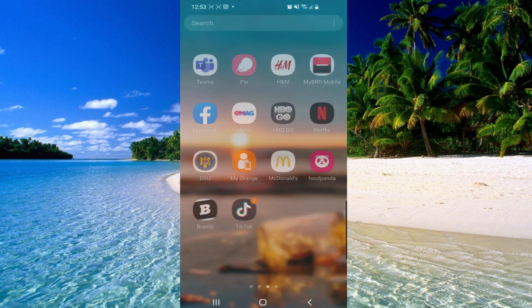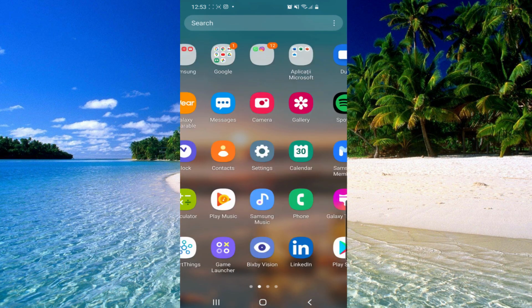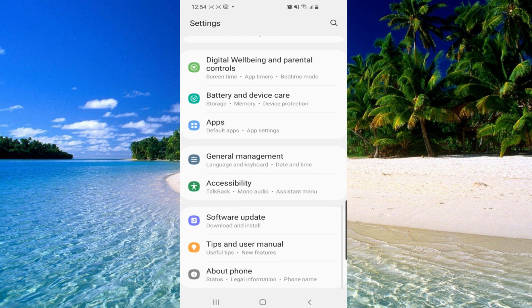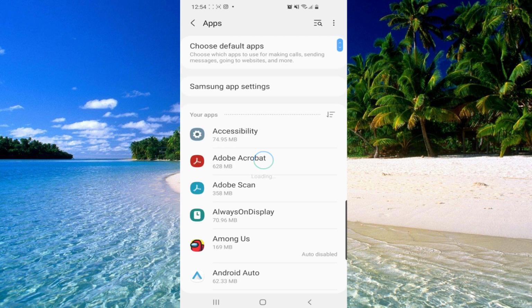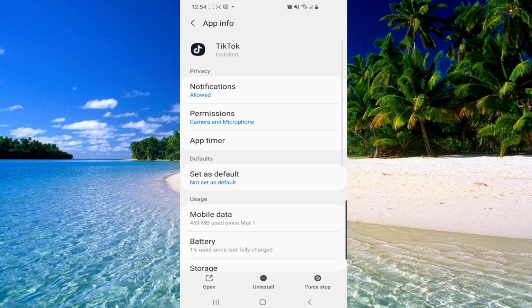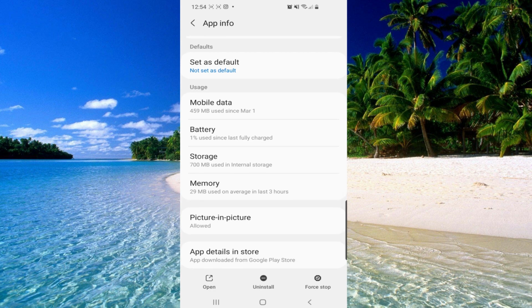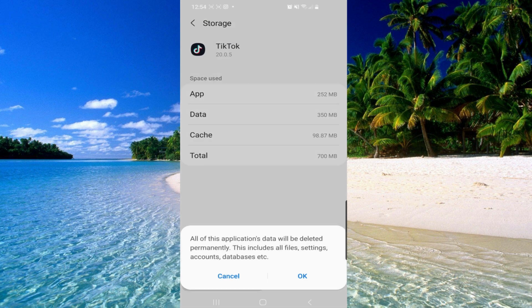So you will have to go to Play Store and make sure that your TikTok app is fully updated. After that, you have to go to your settings and then scroll down to apps. And then you have to search for TikTok. And here you'll have to clear the data and the cache. So go to storage. And here you have to click on clear data